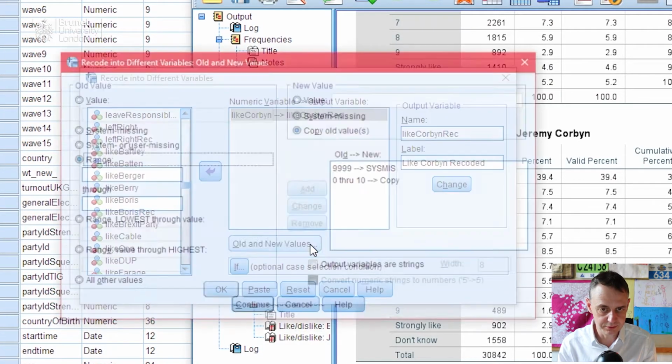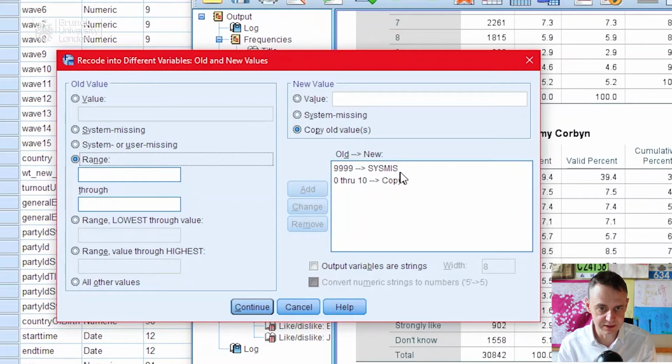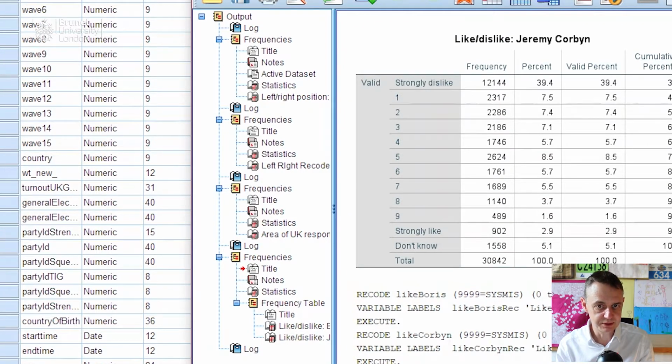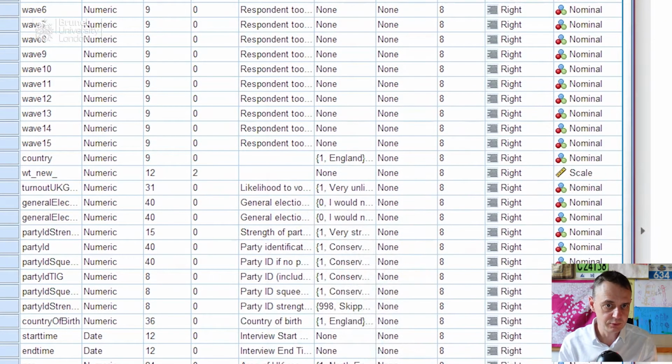Change old and new values. Again, 9999 becomes sysmiss, 0 through 10 becomes copy. Continue. Okay. Gives us more variables, and then we are ready to go. So minimize that for the moment, and we will again do our analyze